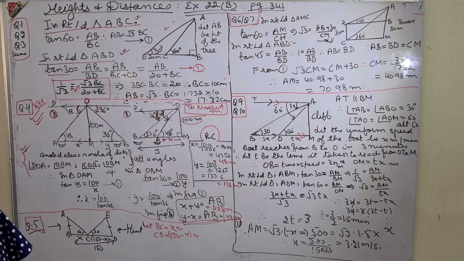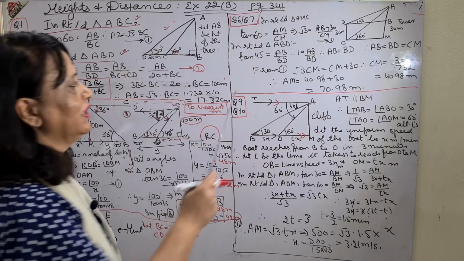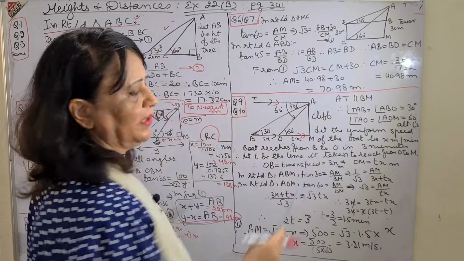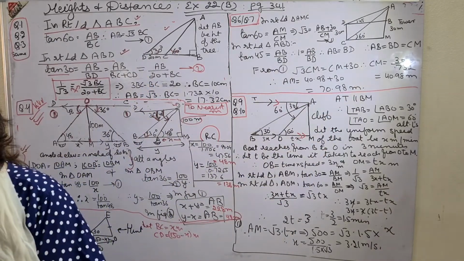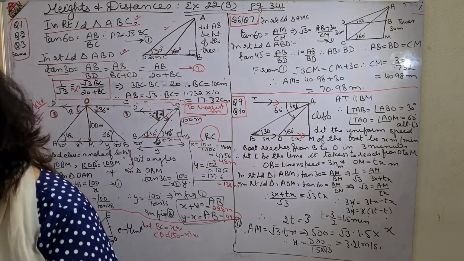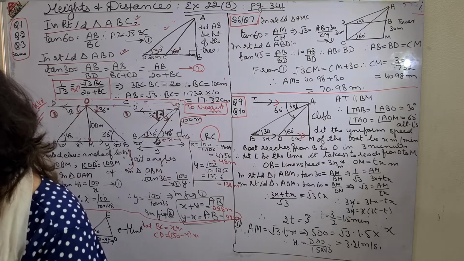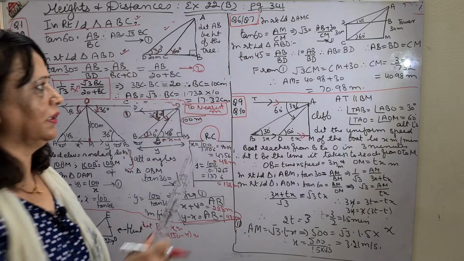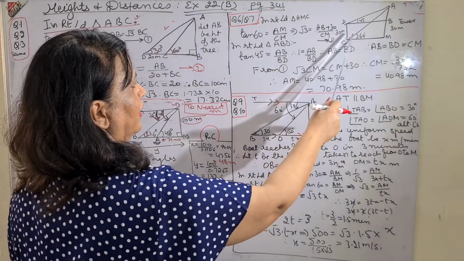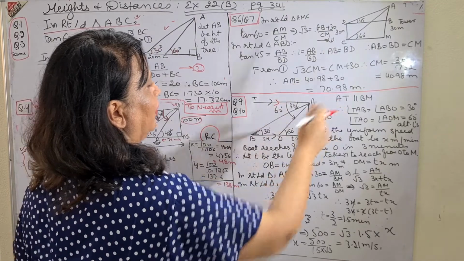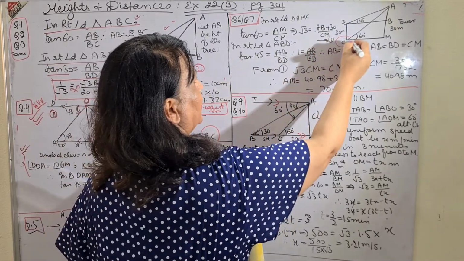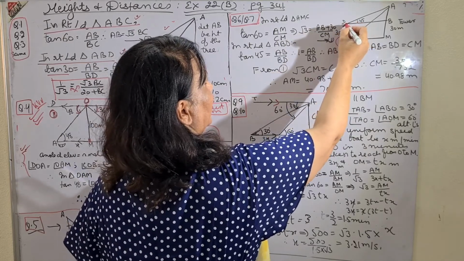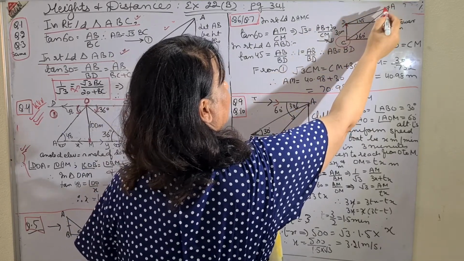Then questions number 6 and 7 are both the same. I am doing the 7th sum. In right angle triangle AMC, the question says that the angle of elevation of the top of the tower is observed to be 60 degrees at a point 30 meters vertically above the first point of observation. Vertically, 30 meters vertically above. That means if C is my point of observation, 30 meters vertically above is the second point of observation. And from there, the angle of elevation of the same point is 45 degrees.